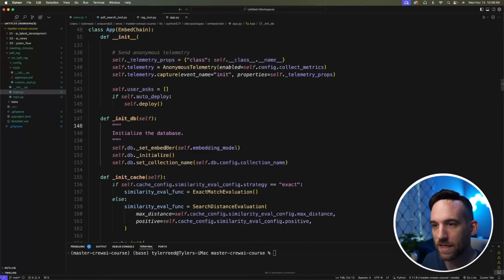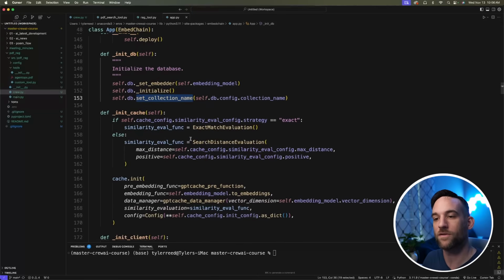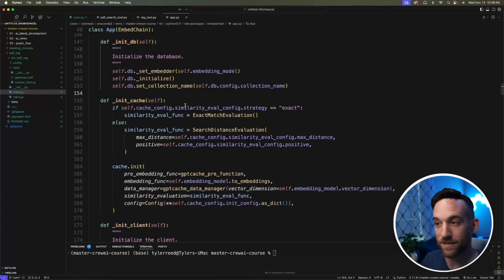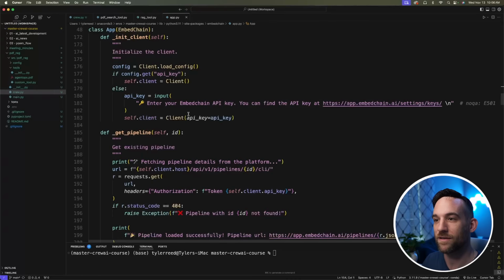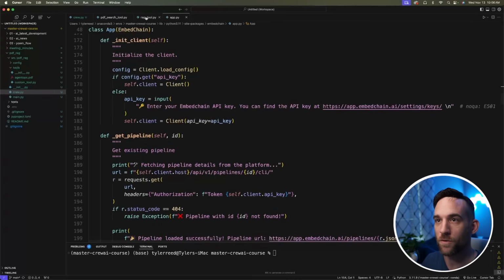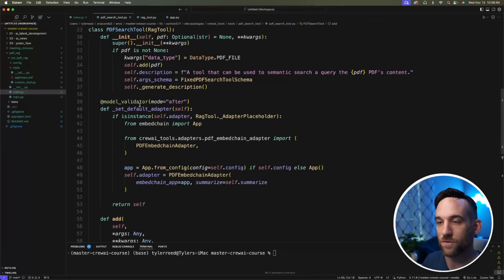Okay, so here they initialize the database. So they set the collection name. So they have defaults already for this. So in the background, you're not giving it a collection name. You can change the configuration, but if you don't, that's also okay, because everything here is done for you, right? Everything here is done. So if we go back to the PDF search tool,